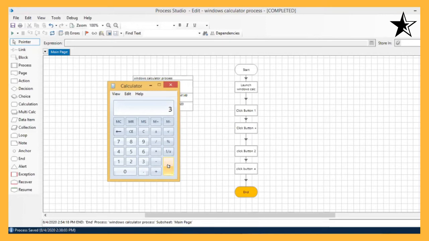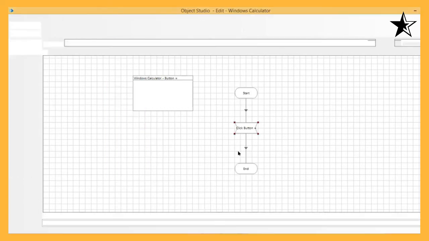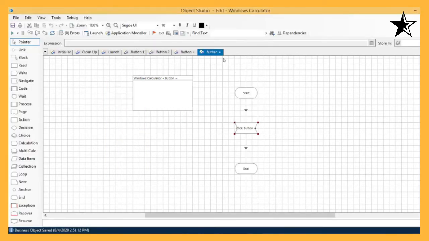But what is the problem with this particular spy mode? The problem is that if I want to design the whole calculator, I need to spy all these buttons one by one. That means in the process or object studio, I will have 28 different pages.